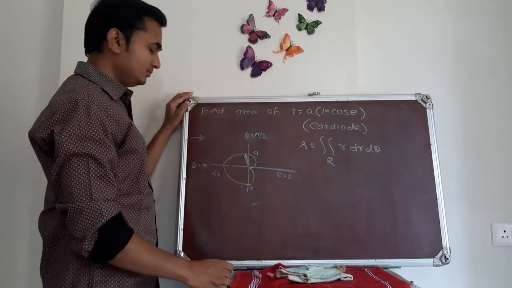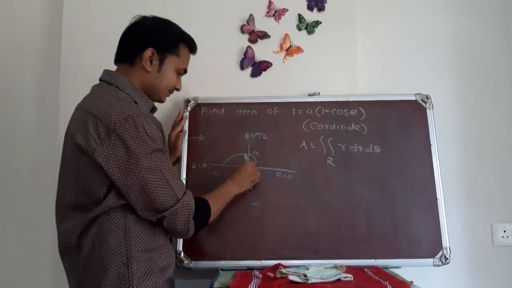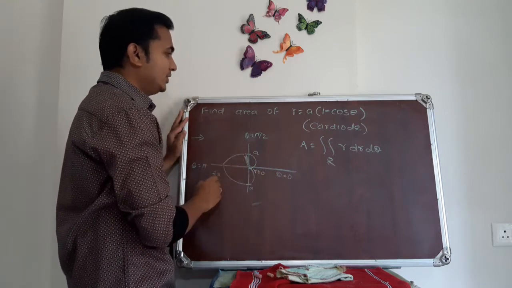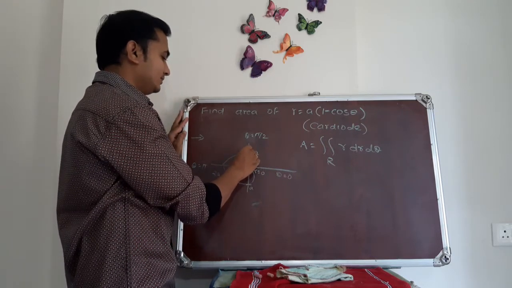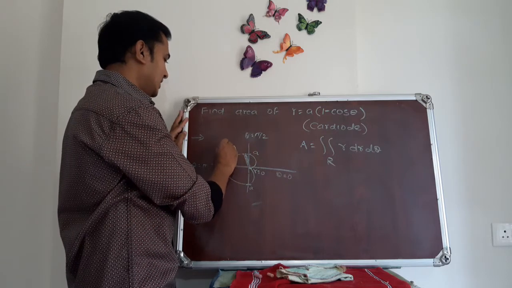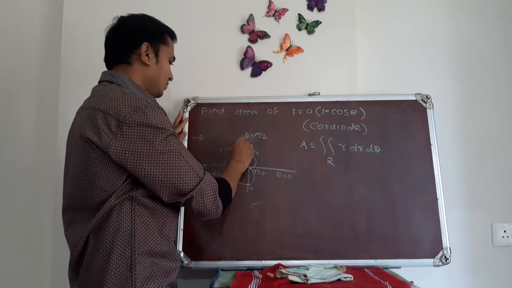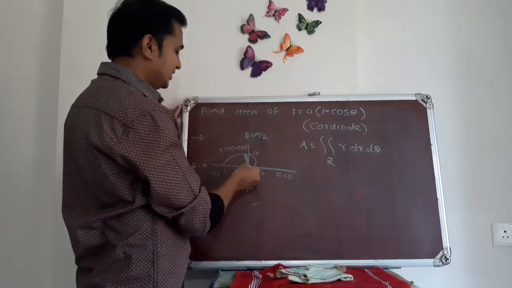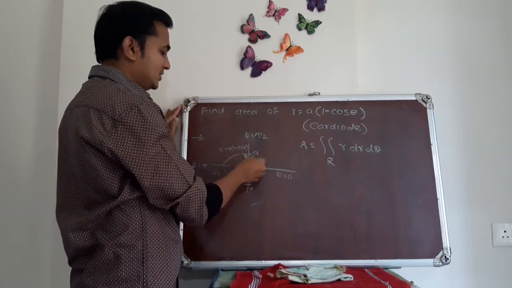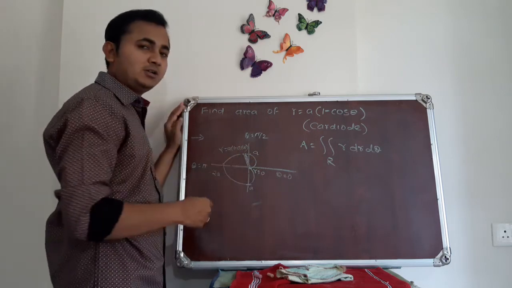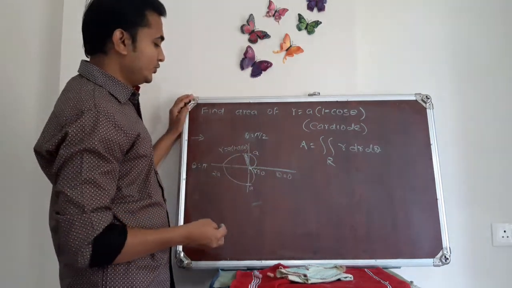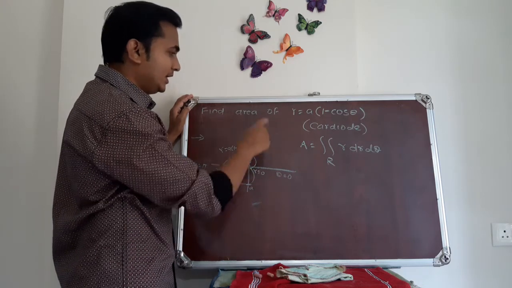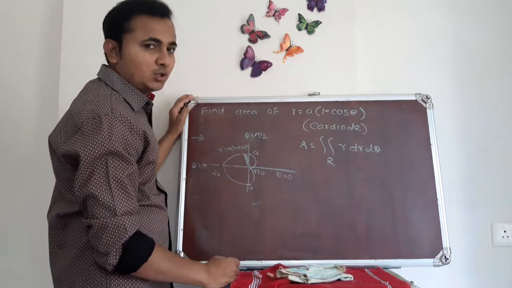Okay. So what are the limits of r? The value here is r equal to 0 and the value of r on this is r equal to a into 1 minus cos theta, and you vary theta from 0 to pi by 2 because it is taking the complete value. Or you have one more choice, you can consider theta equal to 0 to theta equal to pi and do that integration 2 times.